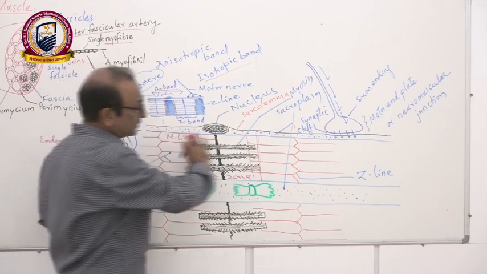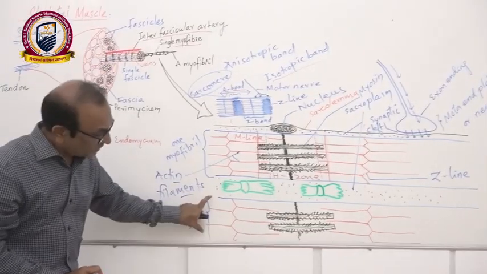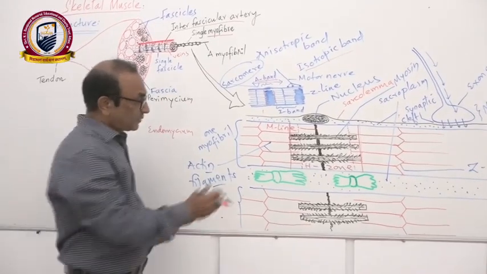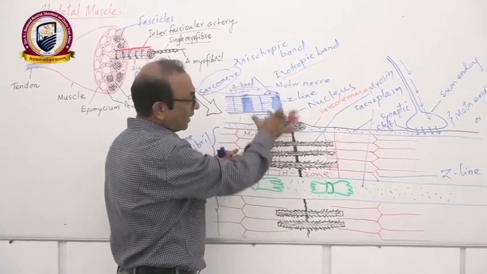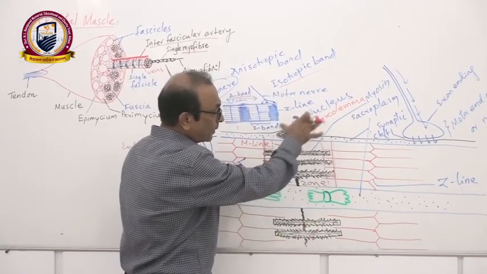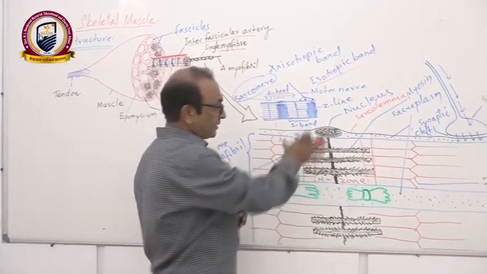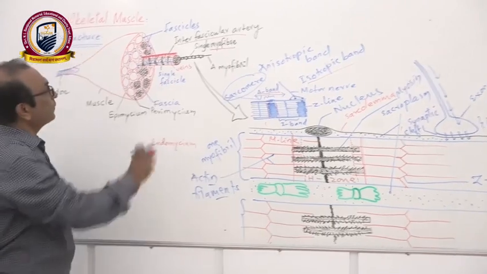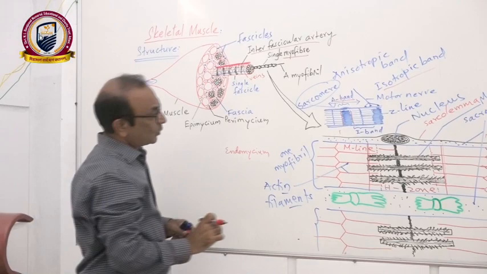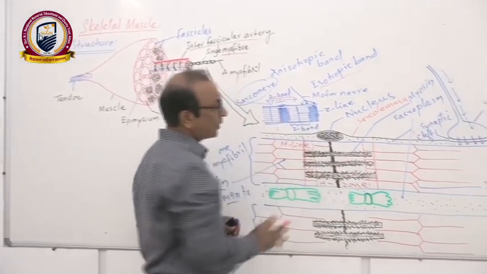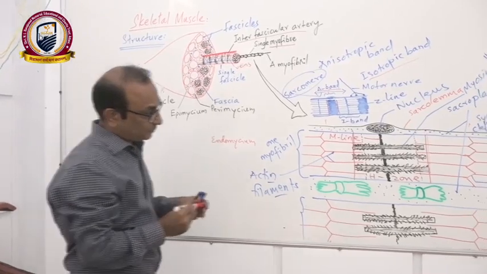So that is the internal structure of each myofibril, and such a large number of myofibrils are there, and their Z lines, M lines, H zones, everything are perfectly in line with each other, and therefore that gives the complete fasciculum its striated nature. Okay, so that is how the striations are formed because of these two different types of filaments.